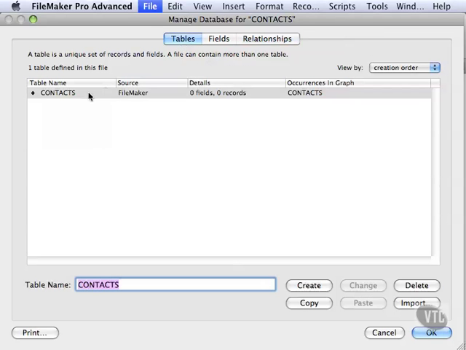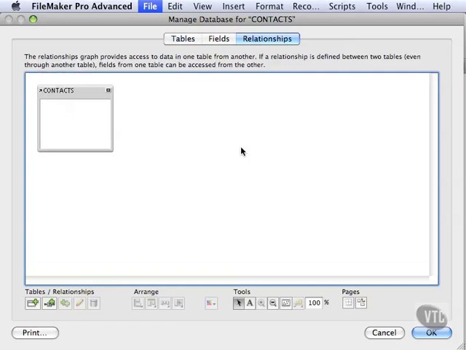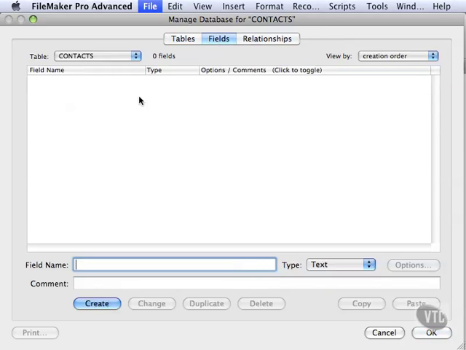So in the table section, you have one table inside this right away, and it's named based on your file. So it's called contacts. You can add as many tables here as you want, and then eventually go into relationships and relate them together. Then you have your field section, and for each one of your tables you can look at those fields, because we're only going to have one table to start with when you're learning how to use FileMaker. We're not going to get into relationships and things like that. So that's why it actually opens up in the field section to start with. You want to go ahead and create fields for your contact management system, first name, last name, all that kind of good stuff. So we're going to go over how to do that, but I want you to remember this is